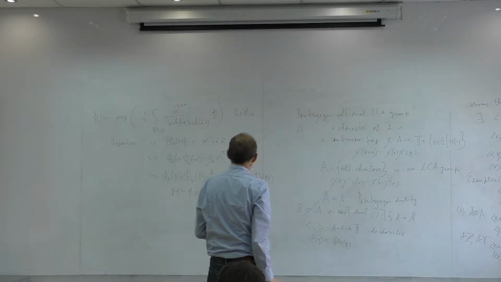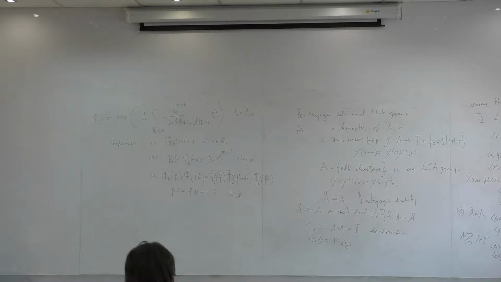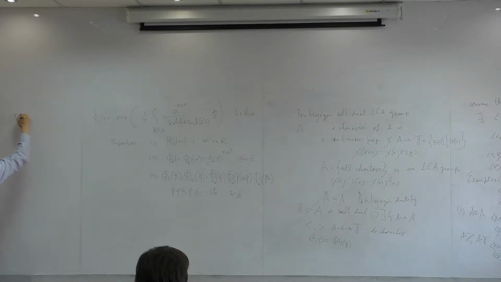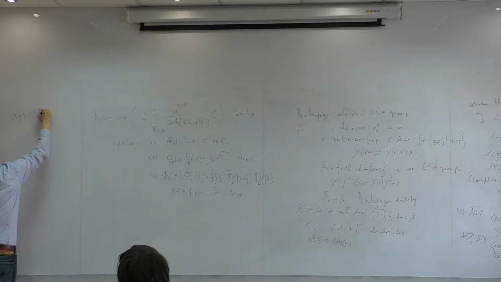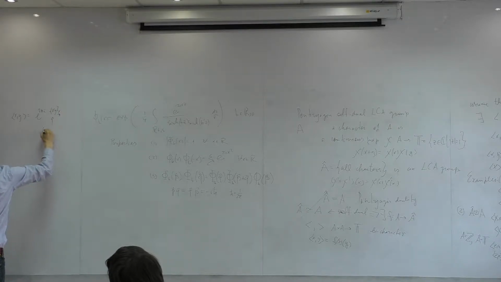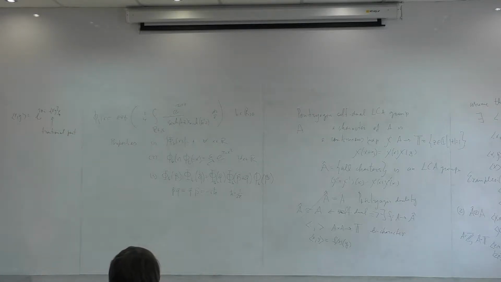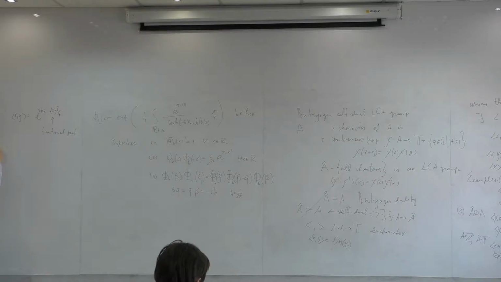Okay, let me give more examples. Third, A equals Q_p. These are p-adic numbers, the p-adic completion of the rationals. This is self-dual, and the Fourier kernel is given by e to the 2 pi i times the fractional part of x y. Does everybody know the fractional part of a p-adic number? Just to recall what a p-adic number is. A p-adic number is a series. So x can be written as a series,